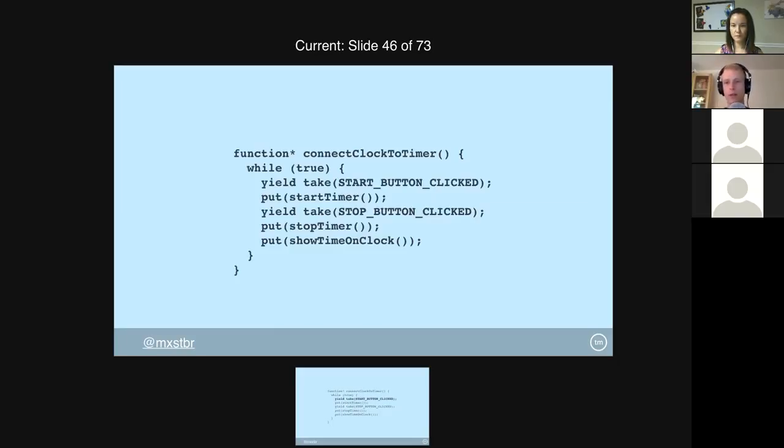If you're wondering about the while true statement, the fact is that when you use yield in a generator, it just pauses execution until the thing on the right of the yield statement happens. In this case, we wait for an action with a type of start button clicked to be dispatched. Only when that happens, the generator goes on to the next code. So while it is in an endless loop, it doesn't actually do anything most of the time, except when that